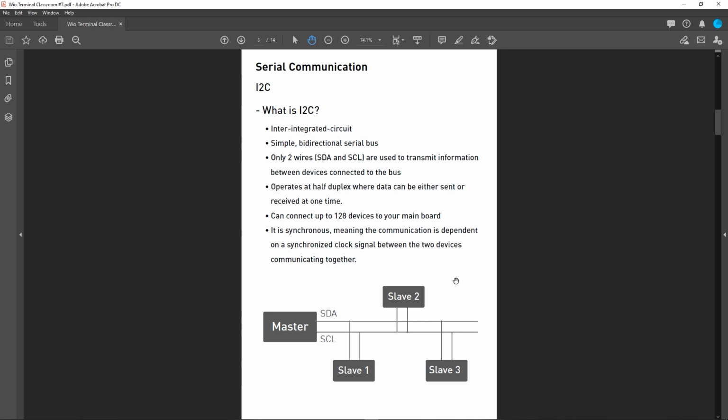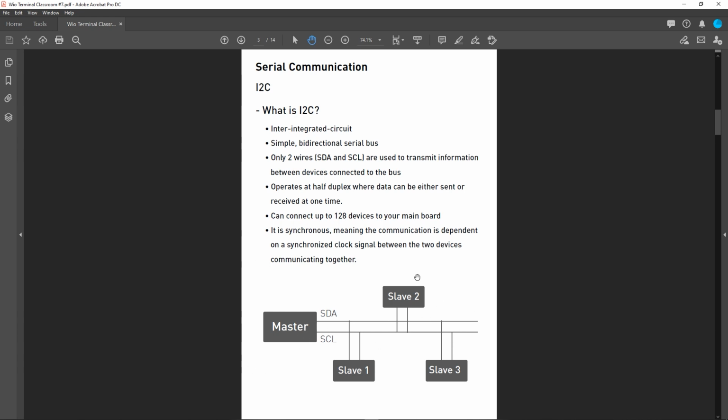You can connect up to 128 devices to this bus. I2C communication operates at half duplex, which means the data can only be sent or received at one time. You can send data from master to slave, and send data back from slave to master, but only one at a time. They cannot be sent and received at the same time.